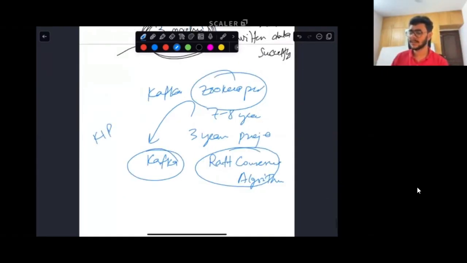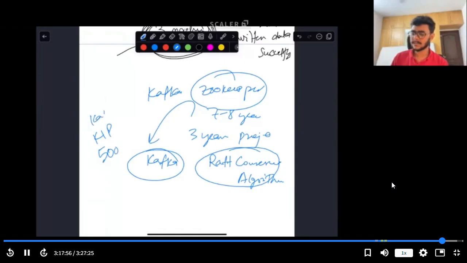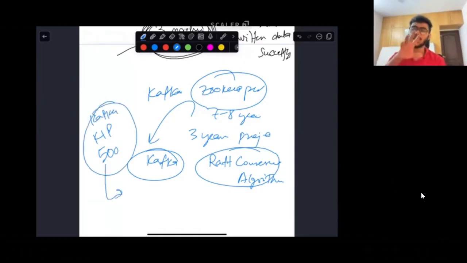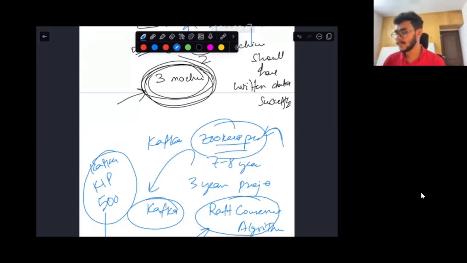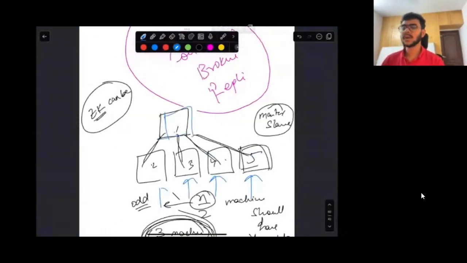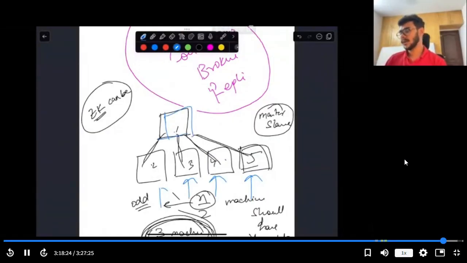If you just Google KIP-500 Kafka, you'll be redirected to an article which explains how Kafka moved from Zookeeper to a Raft consensus based algorithm. But in general, Zookeeper is not a good system to manage in production. It's a hard system to manage, because now you have to take care of Zookeeper's health as well. That is something Zookeeper does internally. To answer the question you may have in mind, Zookeeper does that itself. The master keeps track. You don't keep another Zookeeper for Zookeeper.